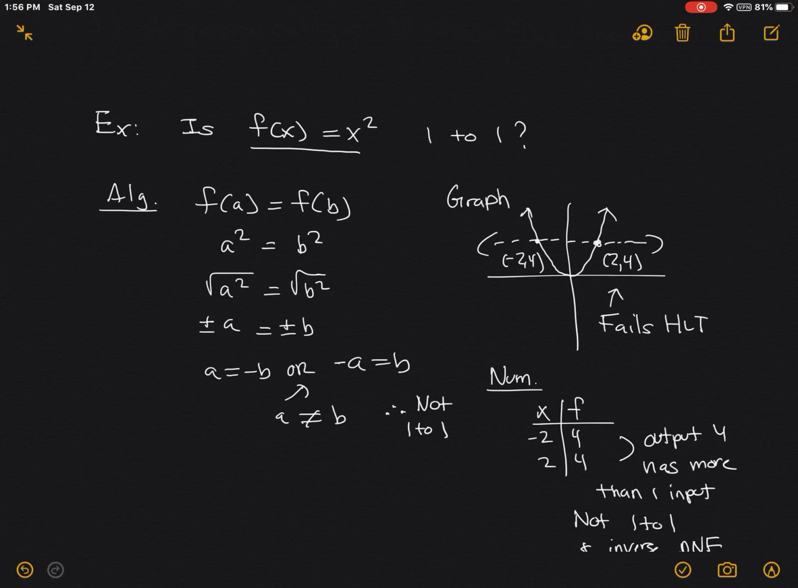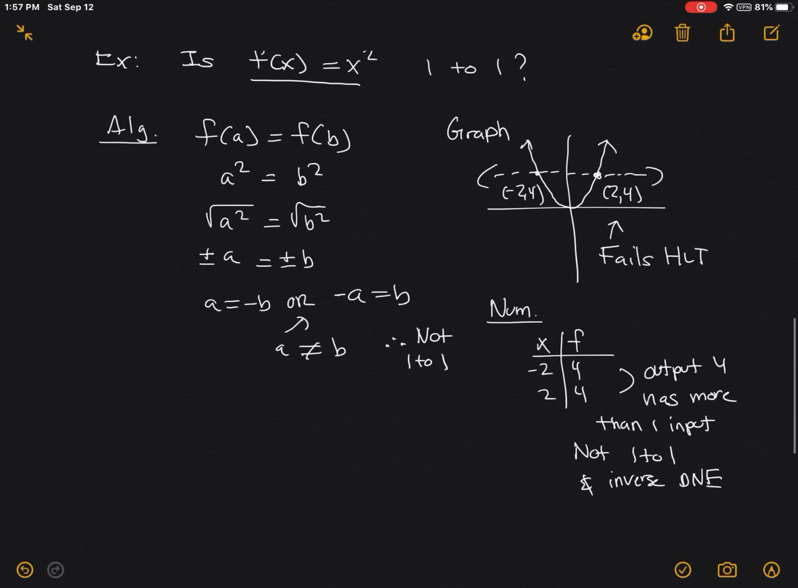DNE. Okay, so for a simple example like this, I showed you algebraically, which is kind of new to you, right? The a and the b have to equal, and I just showed you in this example, a does not equal b necessarily because of the plus or minus. Graphically, it fails the HLT, and then numerically, you can see in the table, this fails the definition of 1-to-1. Remember, each output can only have one input, right? The output 4 has negative 2 and positive 2 paired to it. So therefore, it's